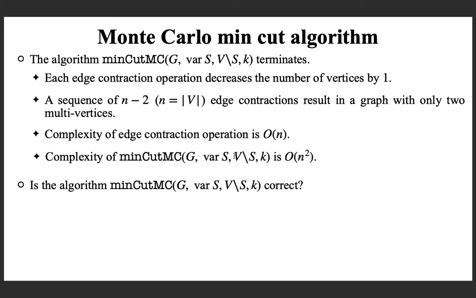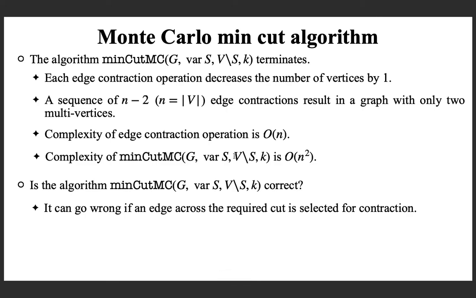Now the question is, is the algorithm always correct? No, it is not. It can go wrong if at any point of time the algorithm selects an edge which actually crosses the required min cut. We don't know what the min cut is, right? And if no edge crossing the required min cut is selected during edge contractions, maybe you will get a correct solution, but that also is not guaranteed always. But if you select an edge which crosses the cut, definitely you will get a wrong answer, because